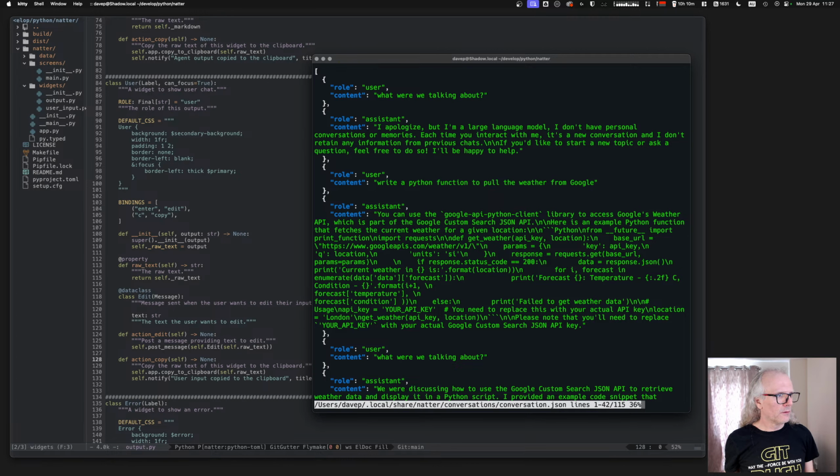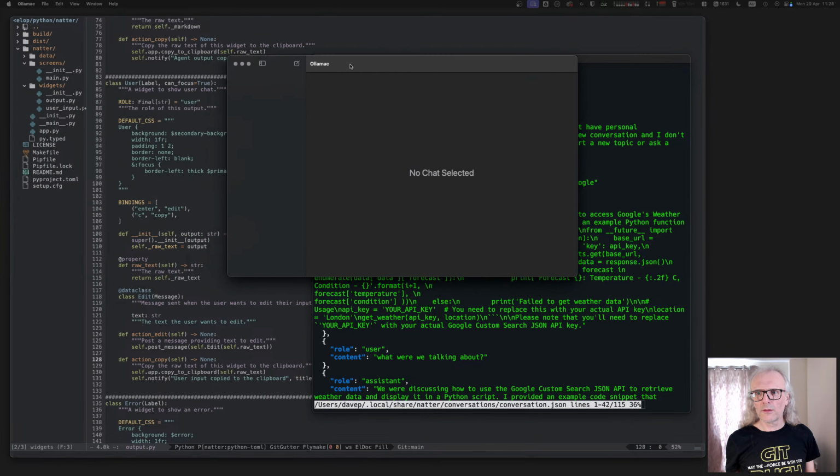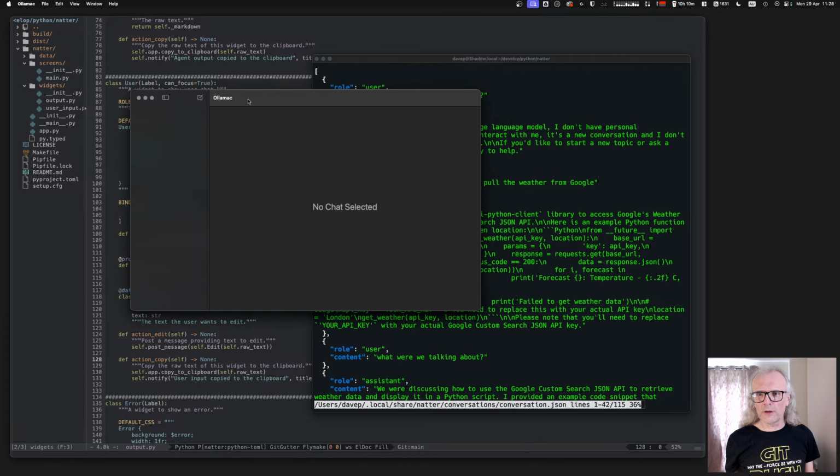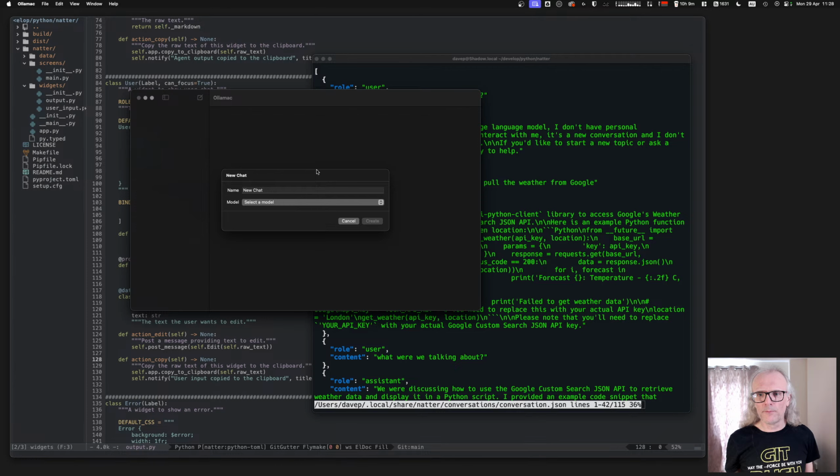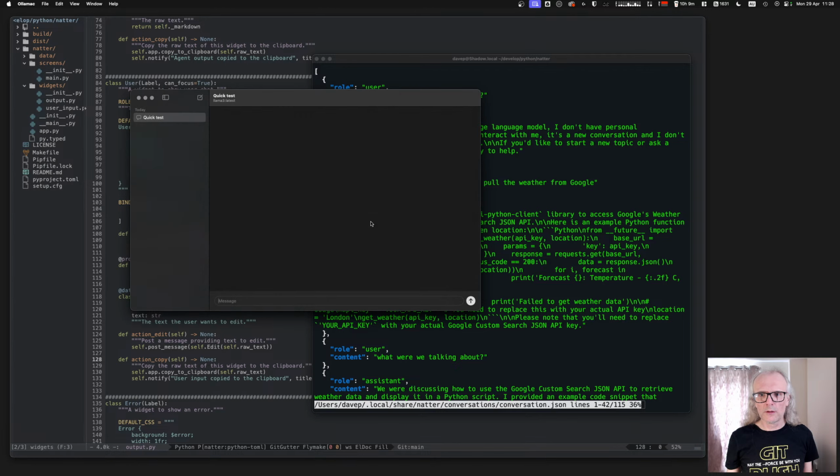Lost my cursor. Yeah, like this kind of thing. This was a client I found for Ollama that lets you even select the model, and I've only got Llama 3 installed at the moment, and then, yeah, the usual kind of thing.